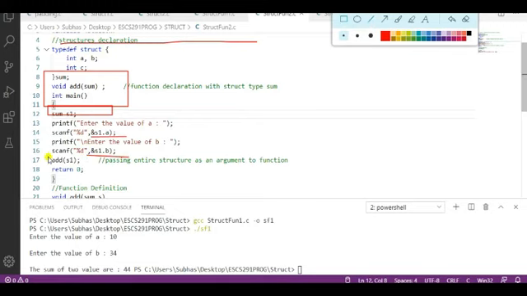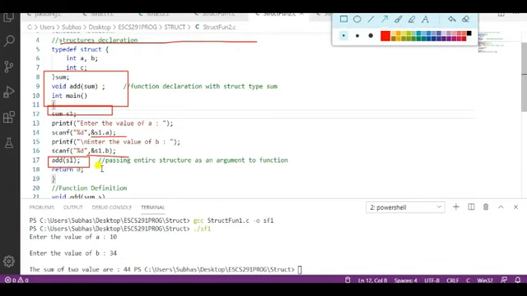Then that is the difference. When we call this function, we just use add, and as an argument we are passing the variable s1. So we are passing the entire structure as an argument to the function.